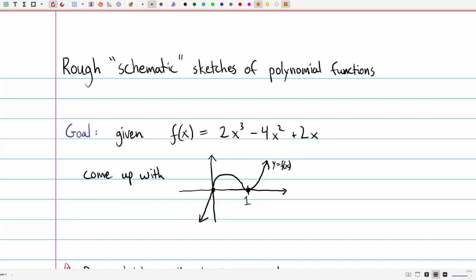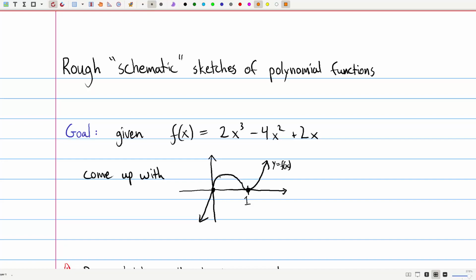Hello everyone. In this video I'm going to talk about making rough schematic sketches of polynomial functions. These aren't going to be extremely accurate sketches, but they will provide a lot of interesting, useful behavior, at least near the x-axis. So our goal is, given a function such as f of x is 2x cubed minus 4x squared plus 2x, we want to come up with a picture that shows where it crosses the x-axis, and also